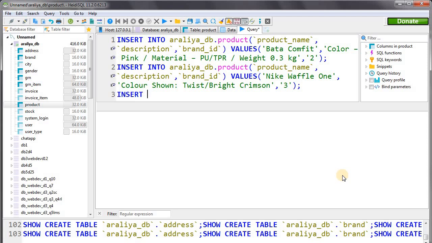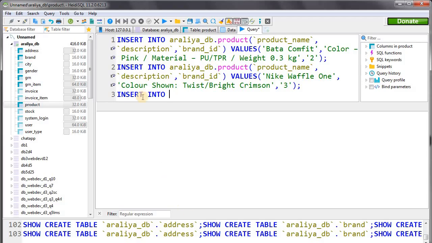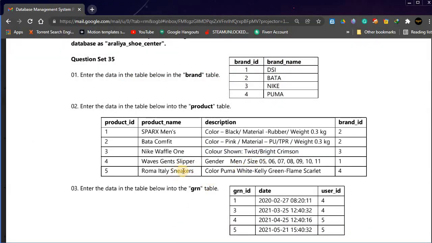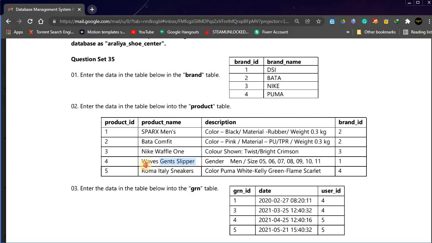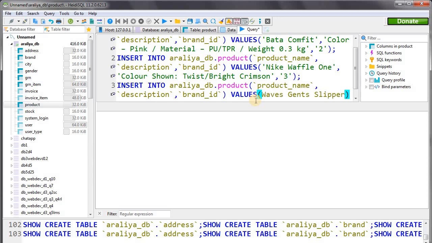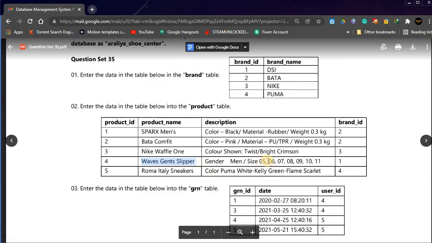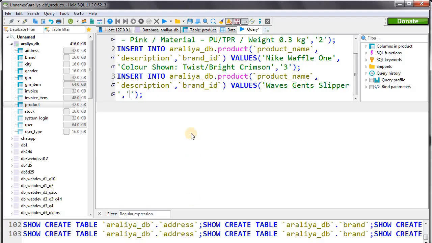Okay, let's write another insert query. Insert into this one. Sorry. Within single quotes, we have to enter our details. Okay. This is the description of the fourth record,